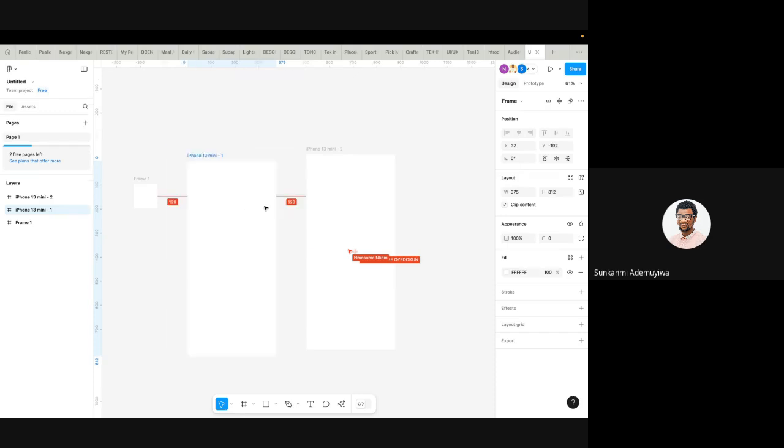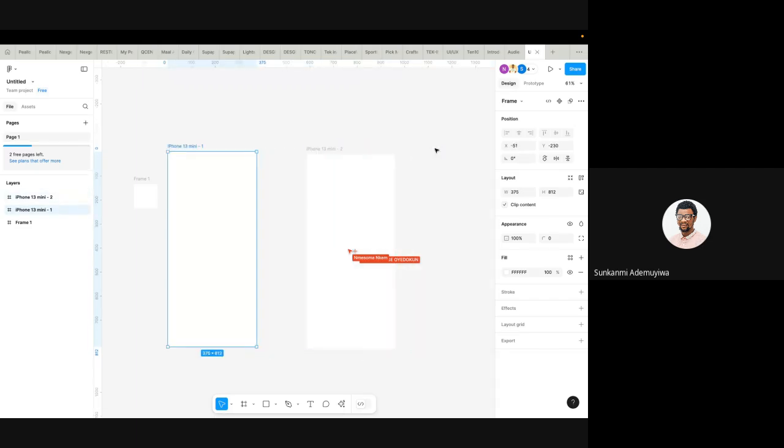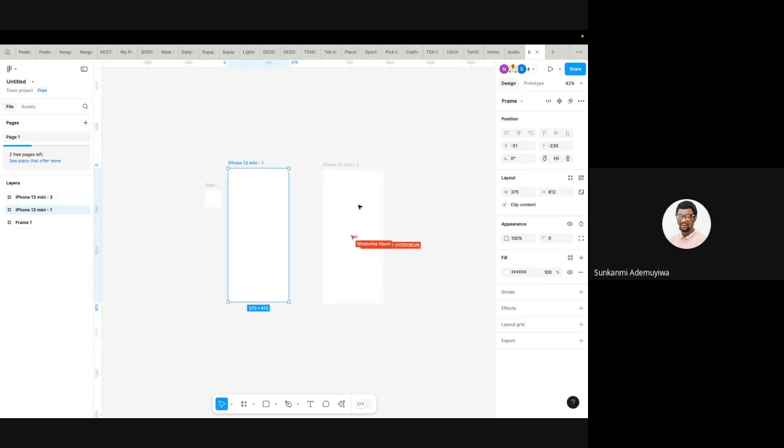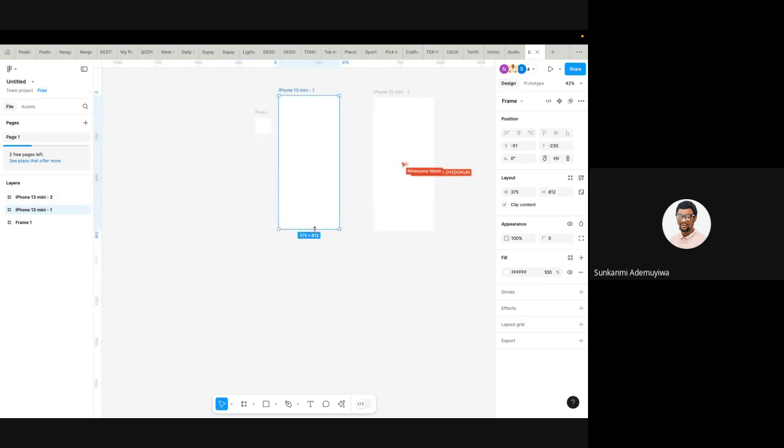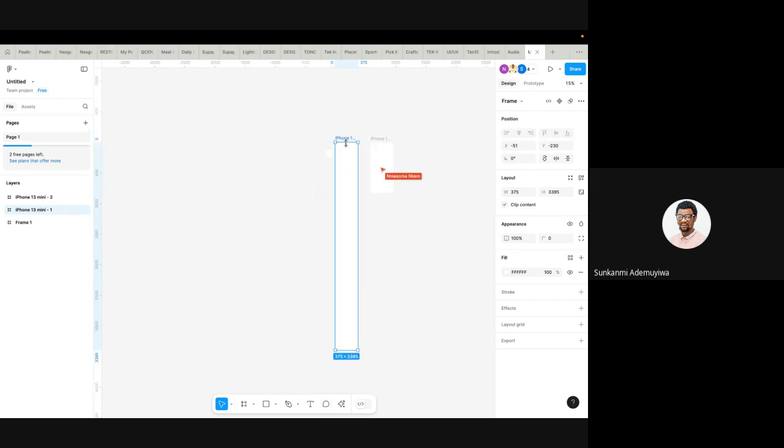Once you draw your frame for a particular design you're making and you have chosen the frame you want, you don't need to do like this. Did you see what I just did? You don't need to distort it. The only time you might need to increase the length is when you are trying to show an illustration of a screen that has so many things within it. When you are working on your phone, you scroll, scroll, scroll. Sometimes there is a lot of information, so you can drag it down to continue the design